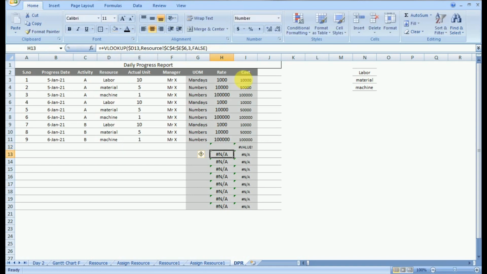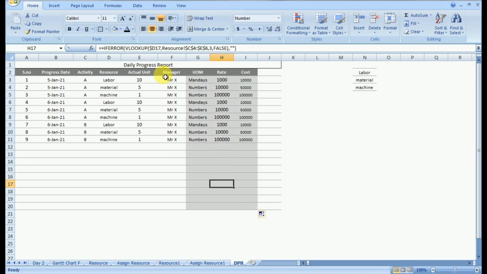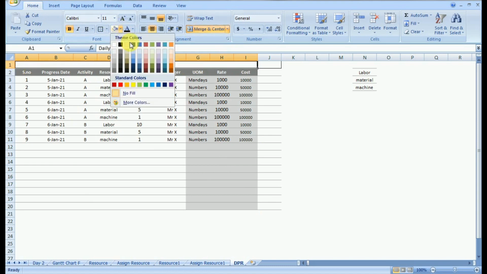So it will give this formula value. If there is an error, then we will give a blank space option. In this way there will be no error shown to the user. And you can do this everywhere you are getting an error, because the error is caused either by the formula or because the data is not provided in the main row. So in this way we have created the daily progress sheet. You will do the remaining formatting to make it more easily manageable.